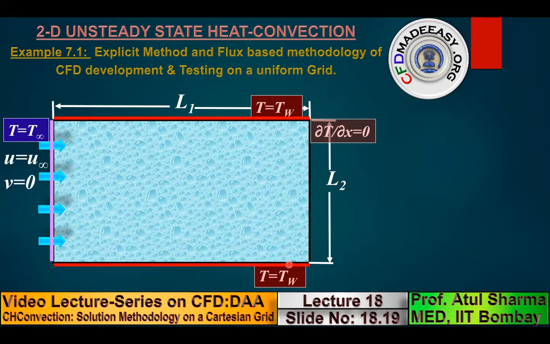So let us say that the velocity field that is prescribed is u equals u infinity and v equals 0 everywhere. In reality, when you consider flow in a plane channel, there will be a velocity gradient which will set up near the bottom wall and top wall, and there will be a growth of a boundary layer which will lead to a velocity smaller than this u infinity. However, this is a hypothetical problem, as I mentioned earlier.